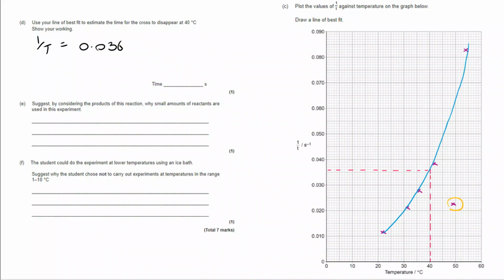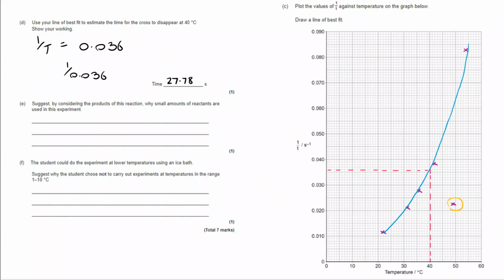Now that's 1 over T. I don't want 1 over T, I want time. So 1 over 1 over T, 1 over 0.036, gives me a value of 27.78 seconds. Moving on to E, suggest by considering the product of this reaction why small amounts of reactants are